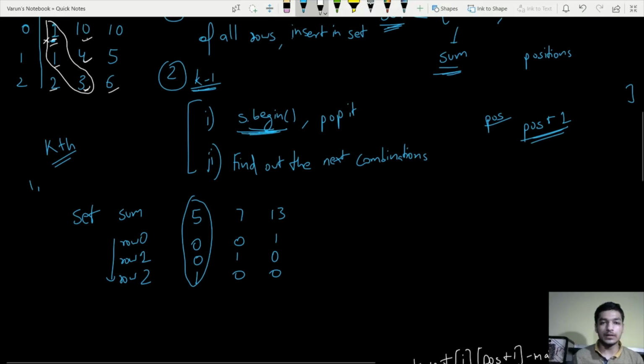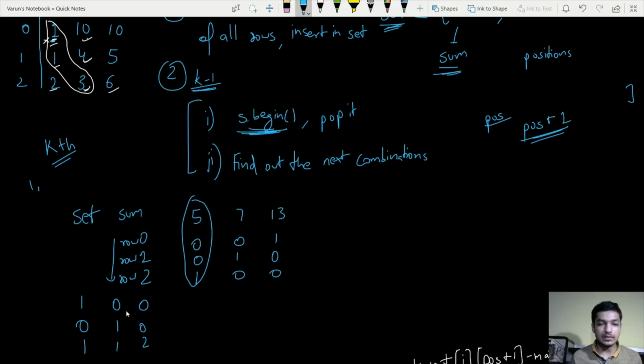If we select 10, our answer becomes 1 0 1. Next we select 0 1 1, and next we select 0 0 2. So these are the three elements we are selecting. Now let's see what sum they're going to give us.